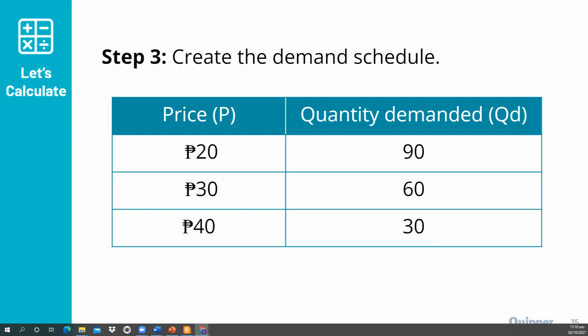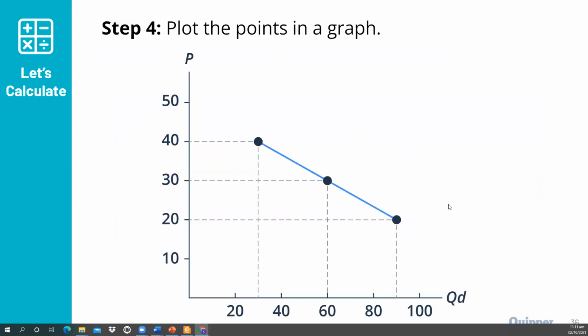Okay, so to sum up, ito yung example ng schedule. For the price ng 20, 90 yung quantity demanded, and then 30, 60 yung quantity demanded, 40, naging 30 na lang yung quantity demanded. As you can see, as the price increases, yung quantity demanded natin nagde-decrease. Okay, so to plot it in the graph,